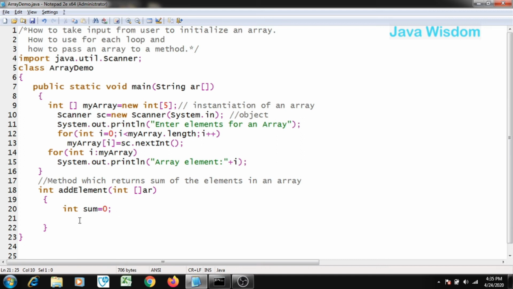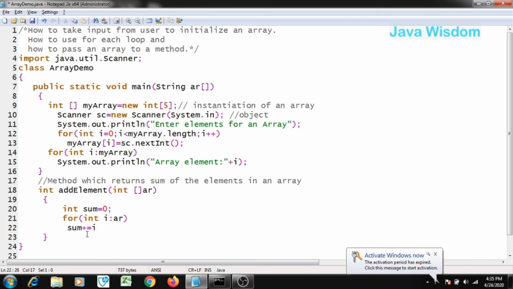Now, as you have to add up all the elements, what you can do is for int I colon, our array name is AR. Here you can write sum plus equal to I. What it means is I am defining a variable which stores 0, or it is initialized with 0.